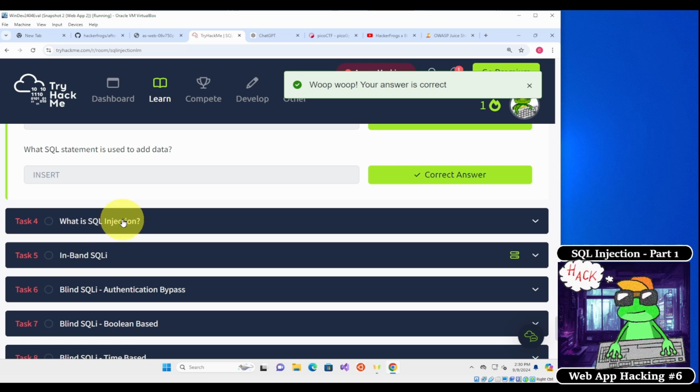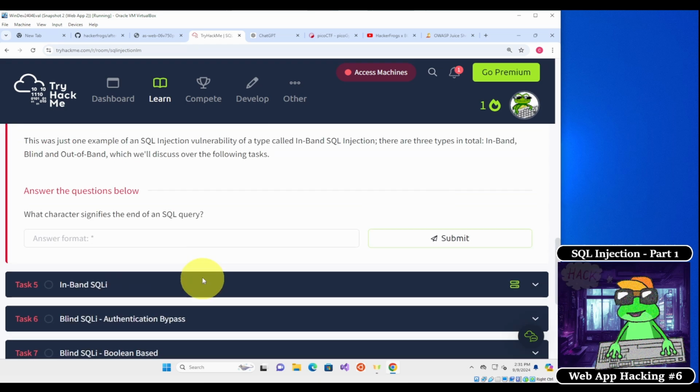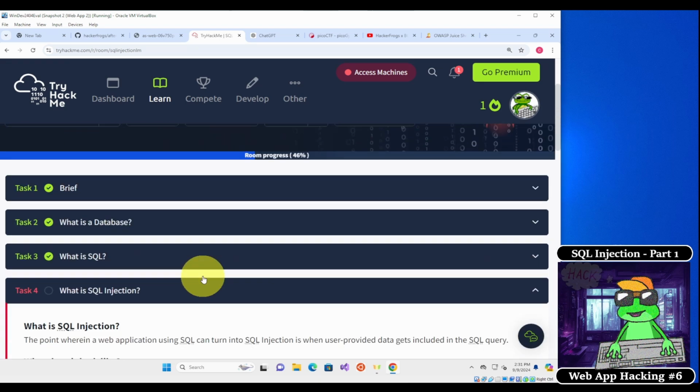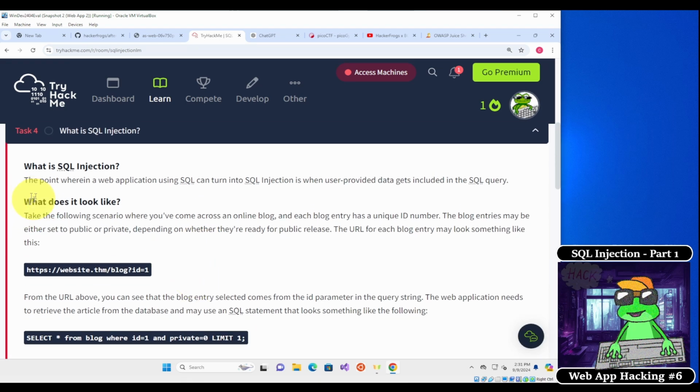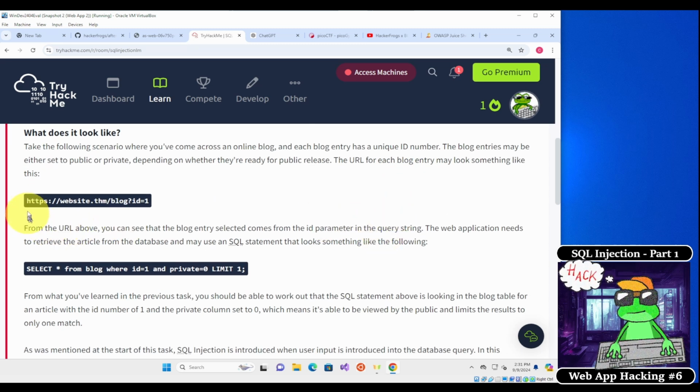Okay. So next, let's take a look at task 4. What is SQL injection? So SQL injection. So this is the meat of what we're talking about today. And the point wherein a web application using SQL can turn into SQL injection is where user-provided data gets included into an SQL query. So for example, we've got a website that has an address bar like this,